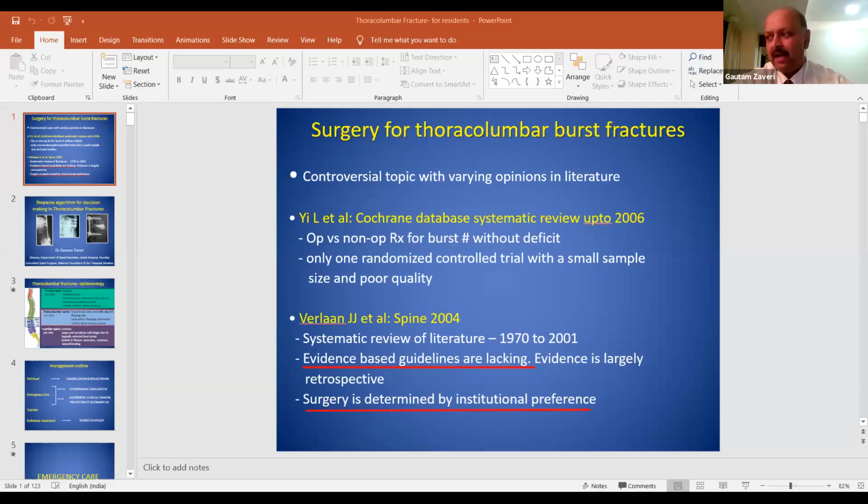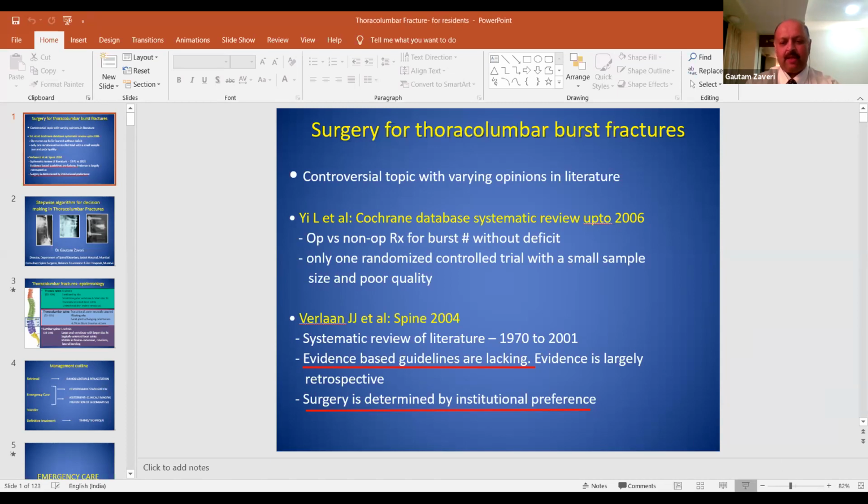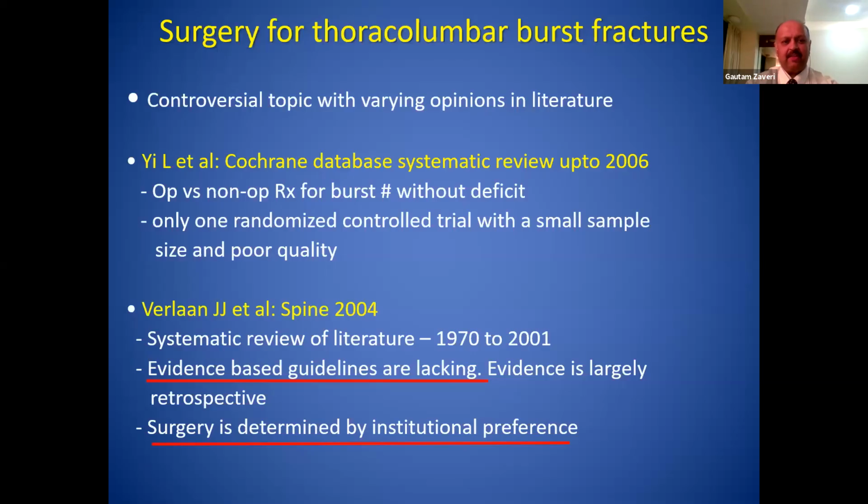The topic for today is thoracolumbar fractures, and it is, as Agnivesh said, for a general orthopedic surgeon, for a person who is dealing with basic trauma and general orthopedics, a very vital topic. And even from the resident's point of view, it's a common topic which is asked in the exam.